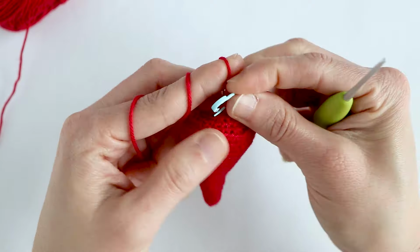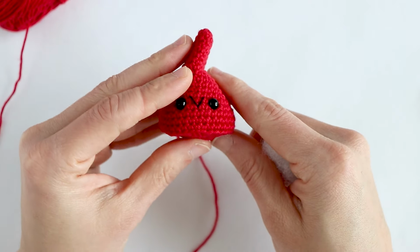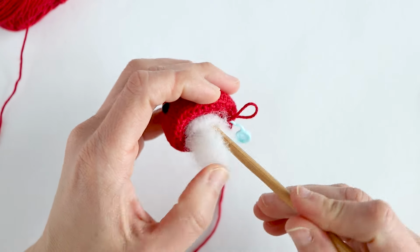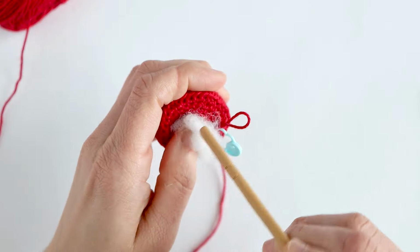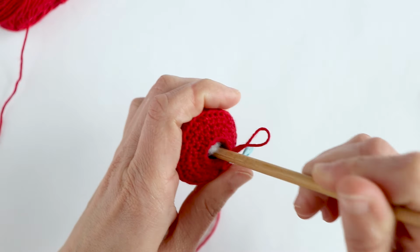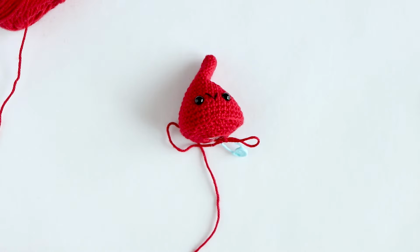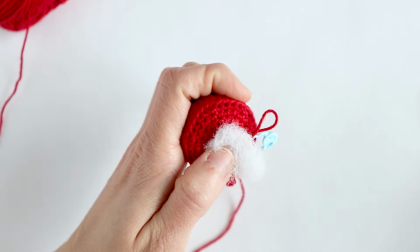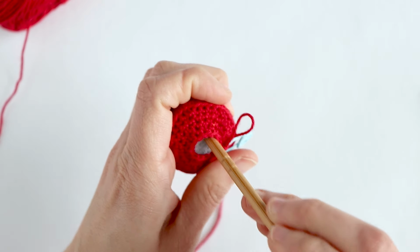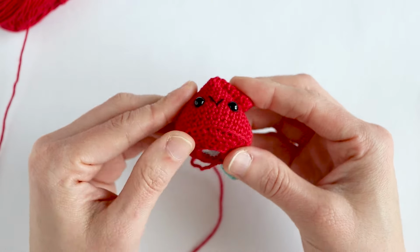Now that I've reached this point, I'm going to add the remaining fiber fill to the bottom of the hat. Remember, just keep that folded over while you're stuffing. And you also don't want to stuff too much that this bottom part starts to puff out. You want it to be pretty flat, so it will be a little understuffed, but that's okay. All right, and now that I'm happy with how much I have stuffed in there, I'm going to continue on